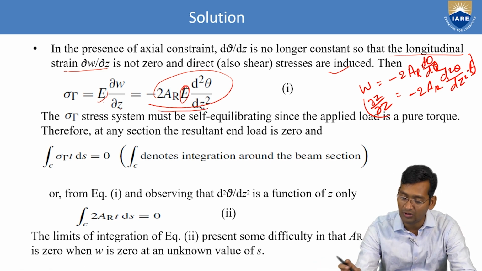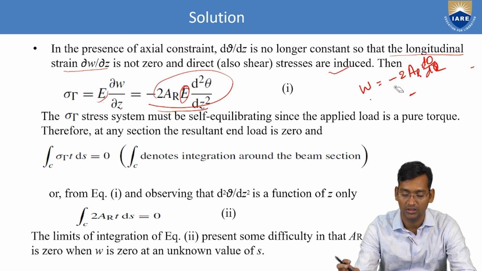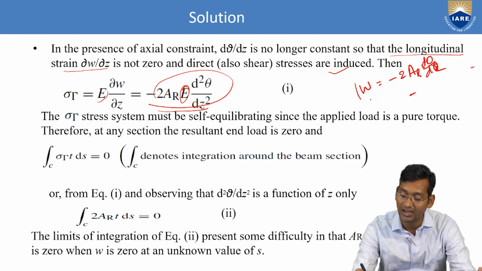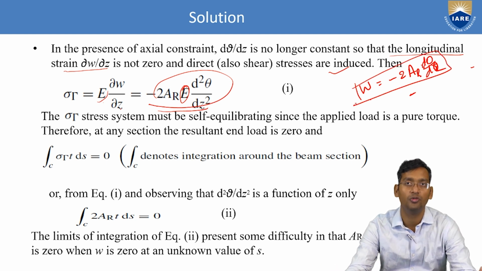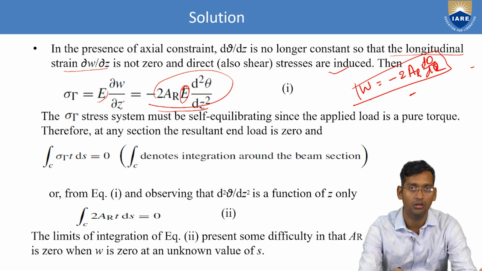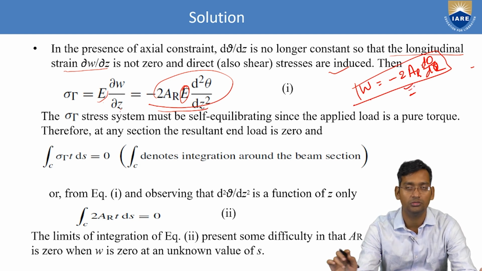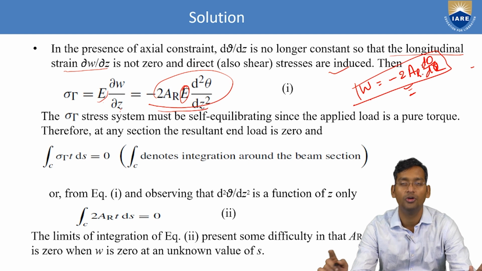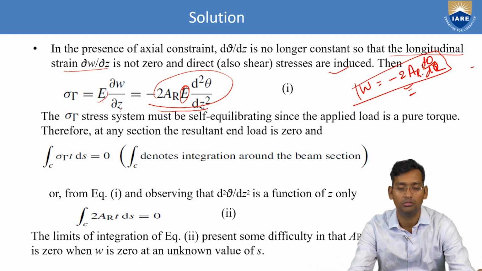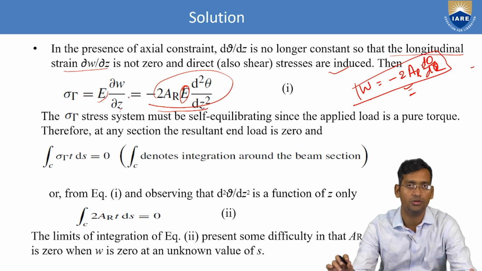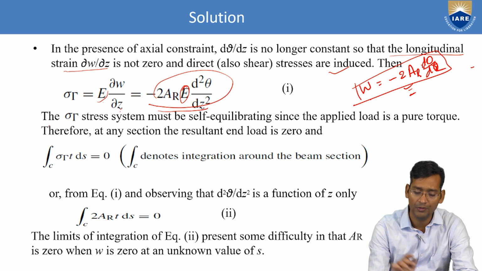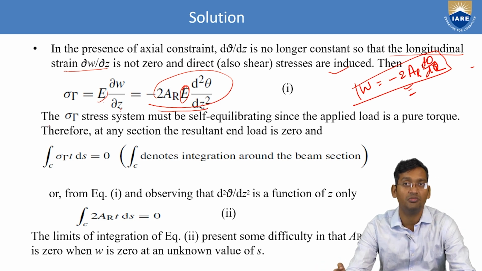For this question, you can directly use this w value. We know from the warping that w equals minus 2A r d theta by dz, and then differentiate and substitute here. Okay, then sigma z stress system must be